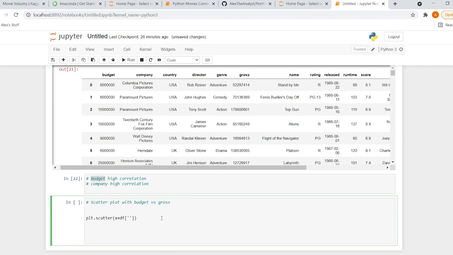So we're going to do a bracket, apostrophe, budgets. Again, I keep hesitating on that apostrophe. I feel like I'm wrong. I feel like if I am wrong this whole time, I'm going to be so mad. I'm telling you. And then our y-axis is going to be data frame brackets, and then it's going to be